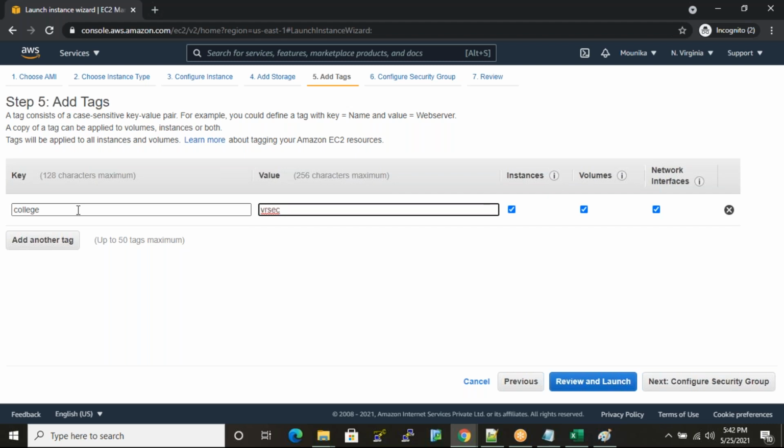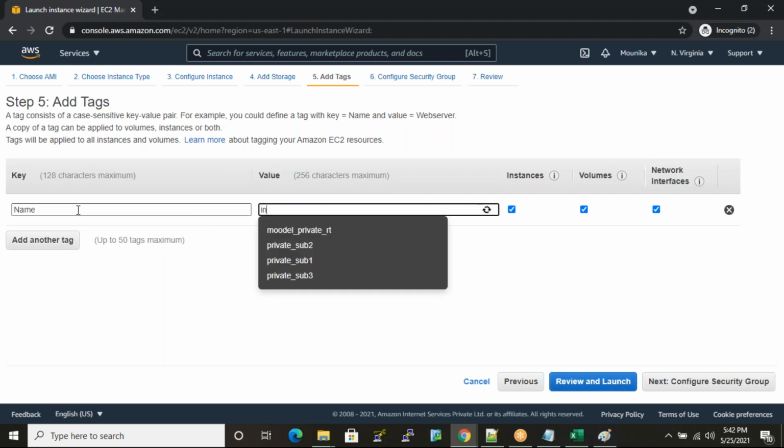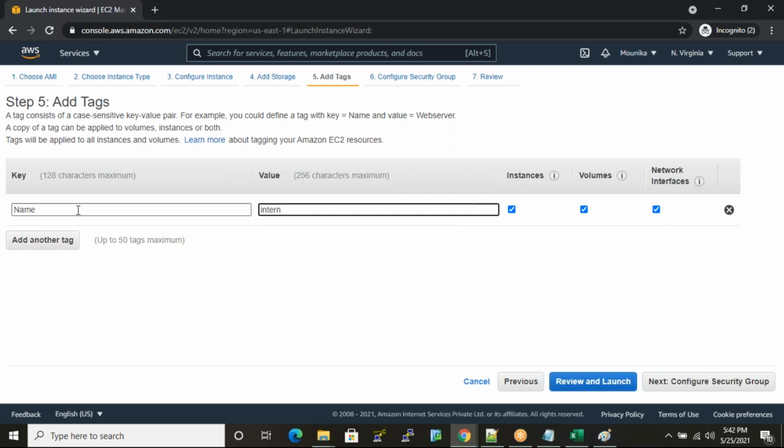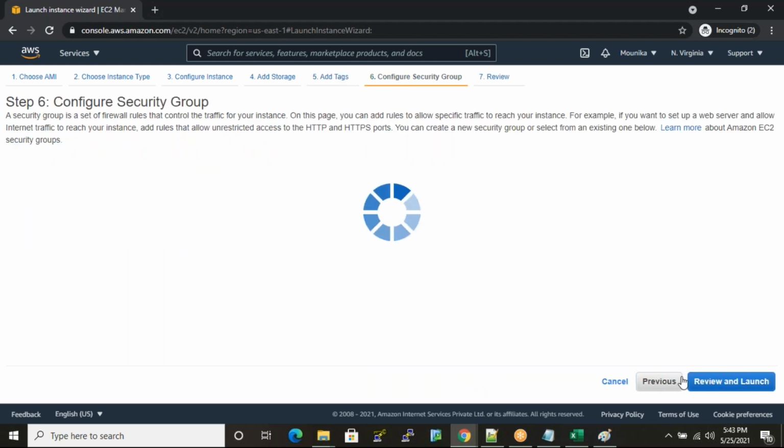So value is VRSEC. So that is the formula. Okay, so my key is name and value is Intent program. So value is Intent, and then click on configure security groups. That is the sixth step.